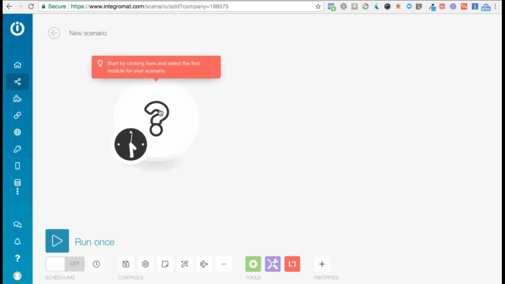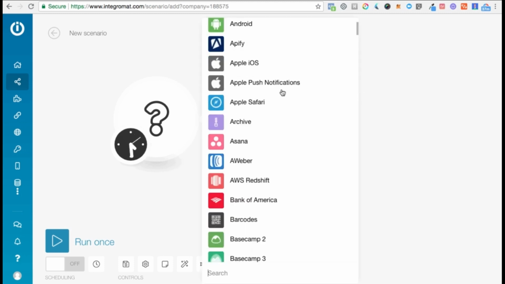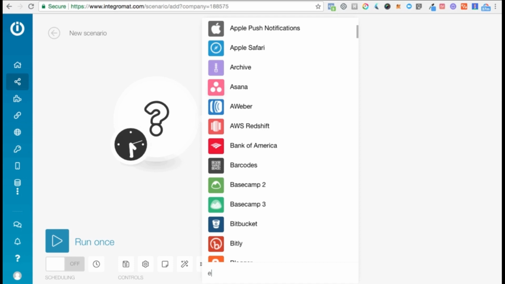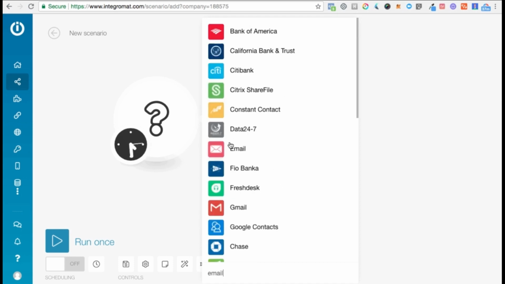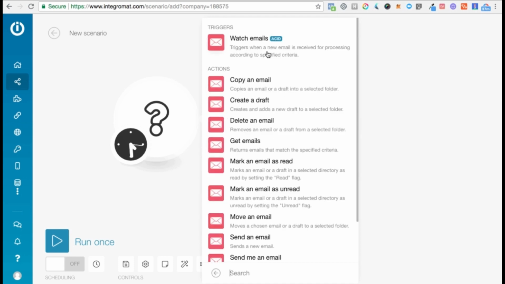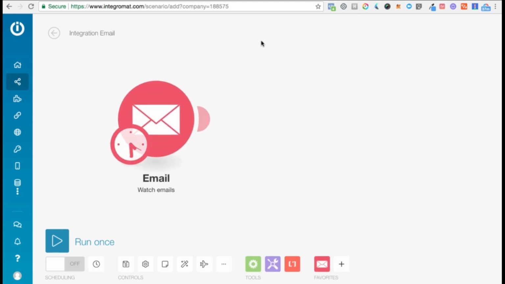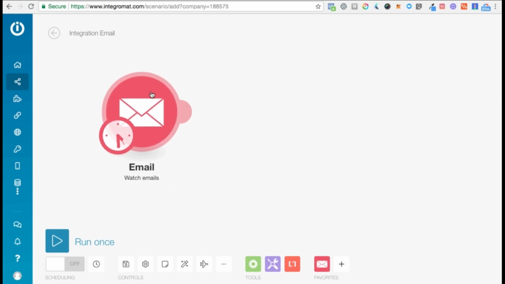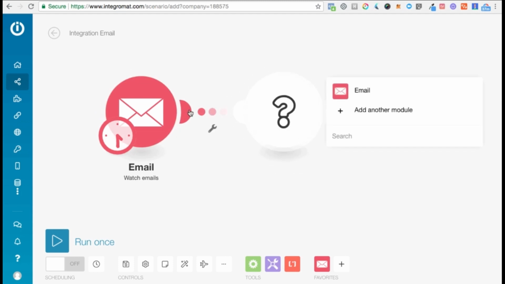So typically a scenario begins with a trigger. So you first need to click on this big question mark here, and it'll load all the services that Integromat supports. And let's say you want to start with emails. We want to watch emails in a particular inbox. So we select this trigger, watch emails, which will trigger the scenario every time you receive an email in a particular inbox of yours. And then to add another module, just click on this button here, and let's say you want to send